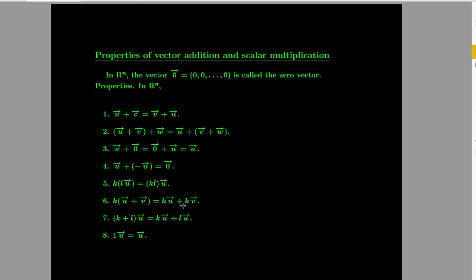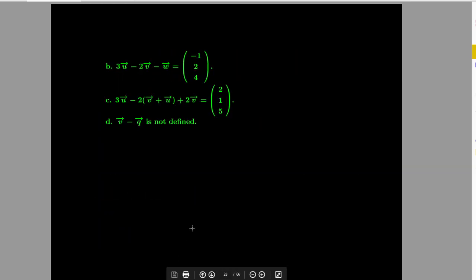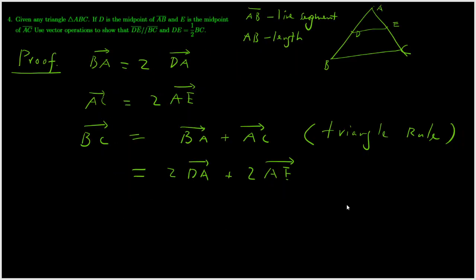From the right hand side to the left, you can take out k. It's kind of a factor. So do you know what I mean? You can take a common scalar out of the two terms. By that we mean your k value is 2, so take 2 out of the two